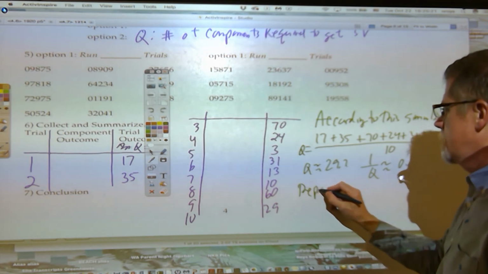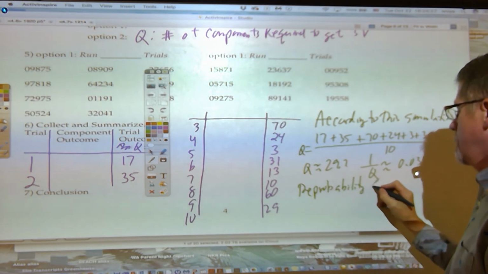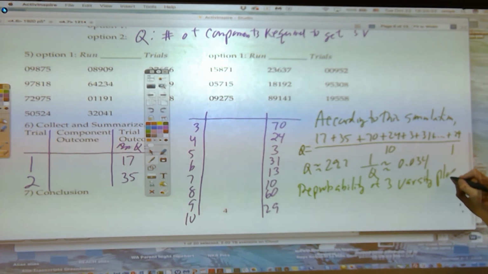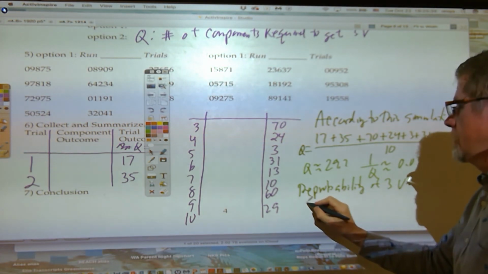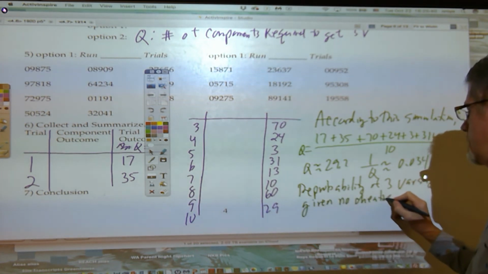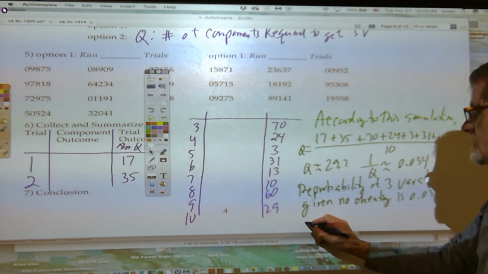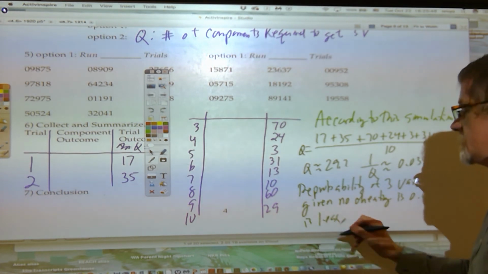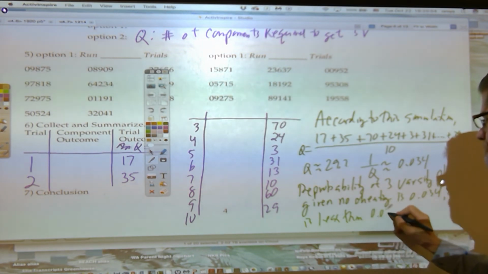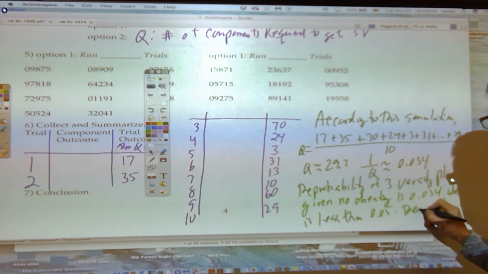So the probability of 3 varsity players given no cheating is 0.034, which is less than, so we consider it very low, less than 5%. Therefore,